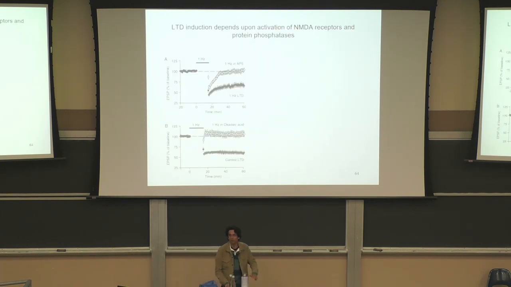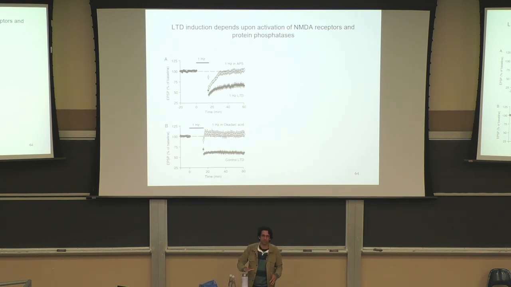Okay, so now we can go into the actual biochemistry of how these processes work. So the first result here is on the black circle. The filled black circle is the control condition. So they made LTD happen, depression, and then depression happened. And then the white circles are if they did long-term depression in the presence of AP5, which is a drug that is an antagonist of the glutamate NMDA receptor.